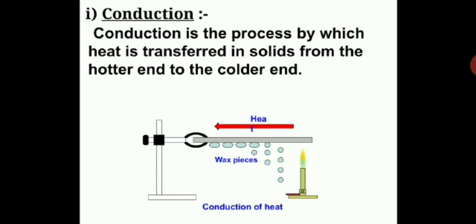This is an experiment to show that heat is transferred through conduction in solids. It requires a medium where one particle will transfer heat to the other particle, and this process is called conduction. So this is a very good experiment to explain when you are sticking wax at some distance. You can see in the diagram wax pieces stuck at some distance, and then when you supply heat, that heat will go to the iron rod, and the particles of the iron rod will transfer heat. Gradually wax pieces will fall.